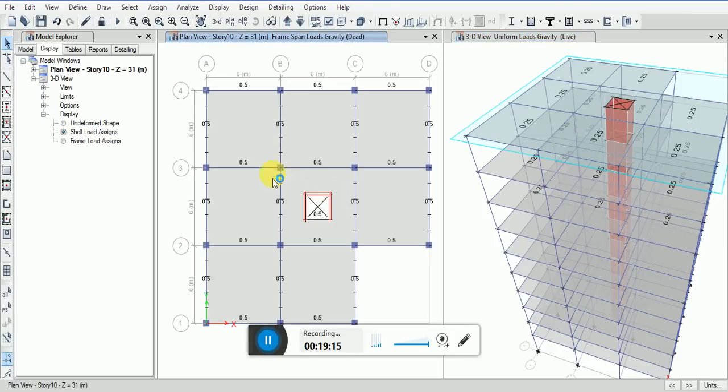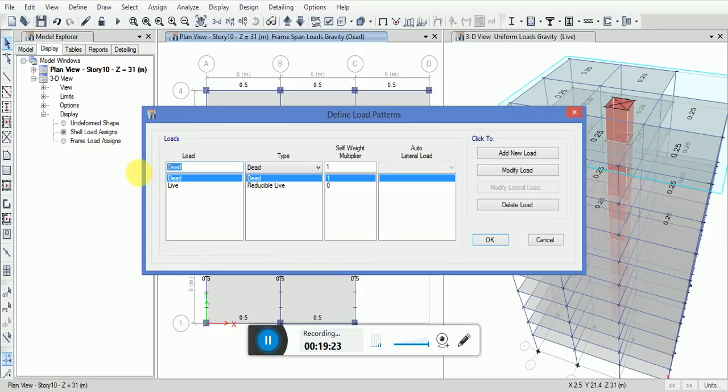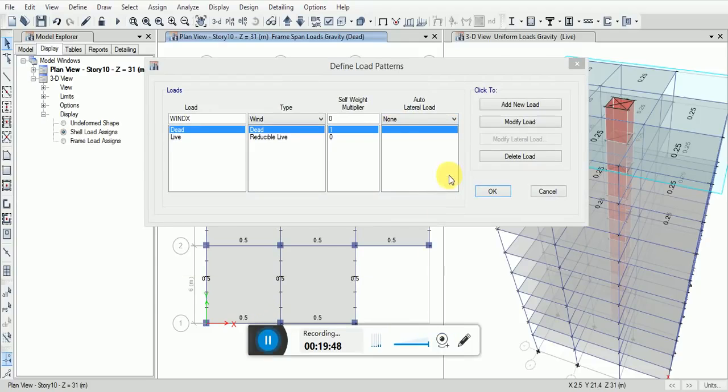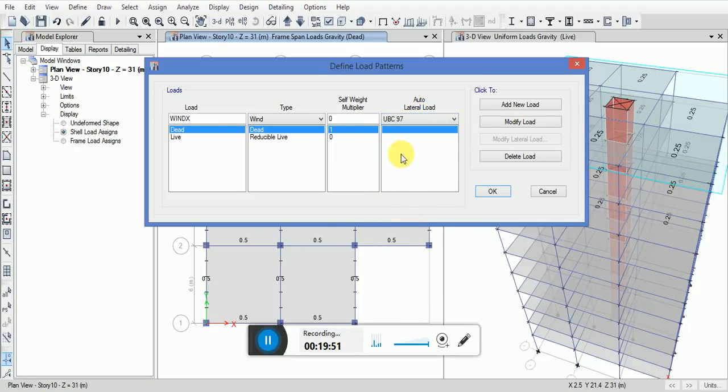So I will go to the select this code, select the UBC 97,